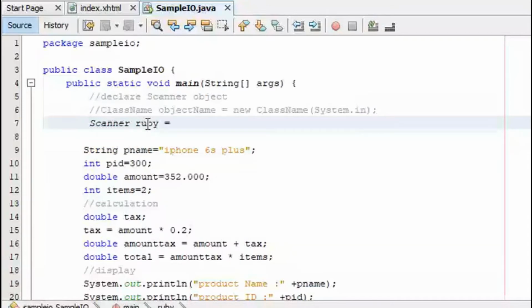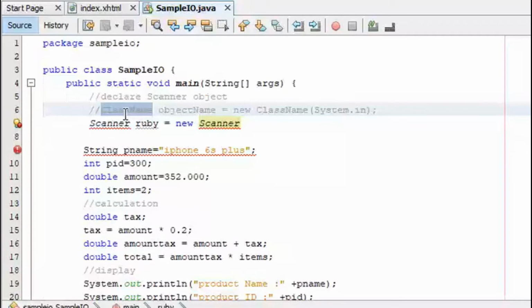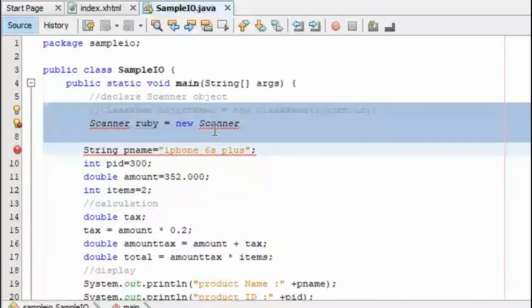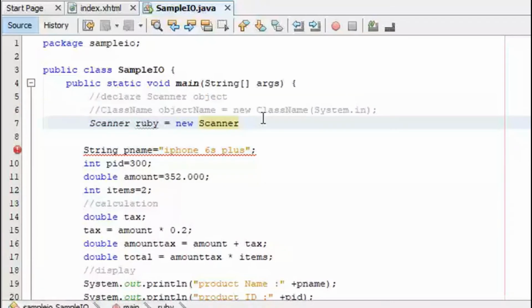And then I will have the same one. The class name is the same class name you have used here. Class name is Scanner. Object name here is Ruby, equal to new, and then the same class name, still Scanner. And of course, do not forget the parameter which allows you to input, System.in.